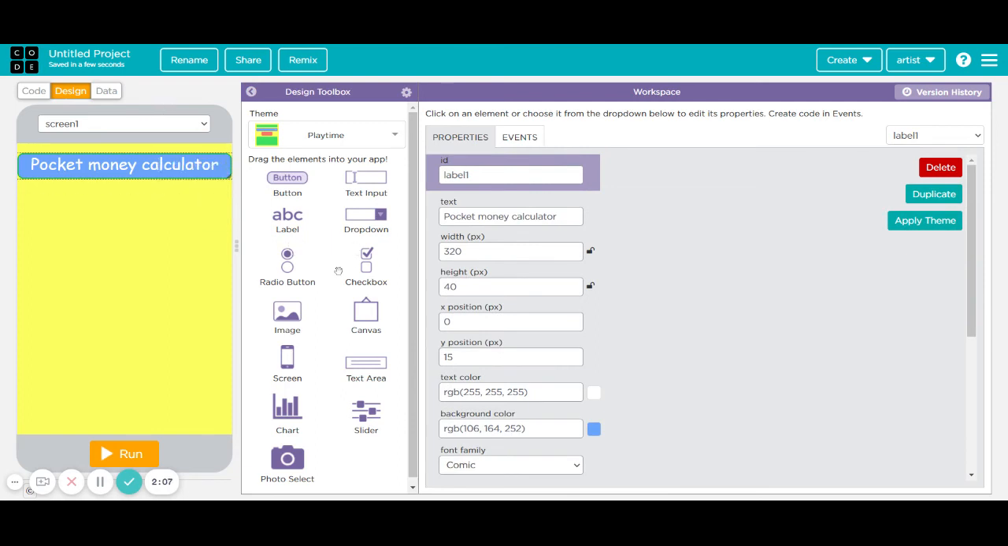That's all. Now we are going to add a text input to enter the money. So I will change the text input's ID, here I can see the ID. I will change it to money. In the placeholder I will add enter money. Then I will make it straighter